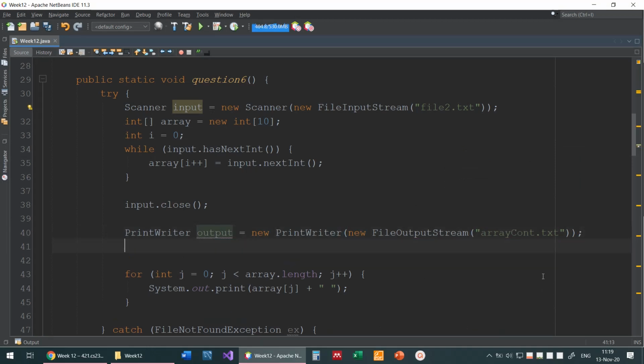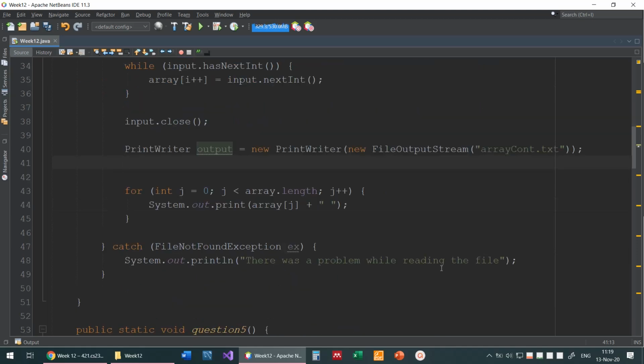Now I opened this file, and you know what? Now the message, there was a problem while reading. I'm not reading here, so I can just make the message more general. There was a problem while writing